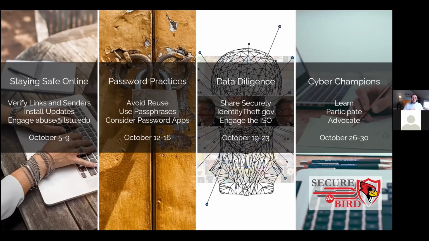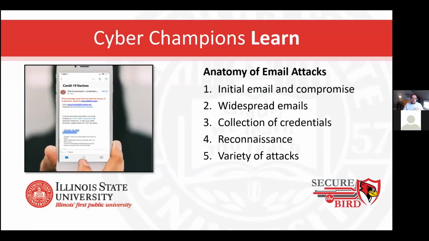So to continue kind of what this week is about and what this entire month's about, I've got a few topics I want to hit on from the learning aspect, raising awareness. Once I get through these, I've got a couple of personal recommendations for myself for all of you, and then we will have a point in time that you can ask questions, and I'll respond to them at that point if you've submitted them.